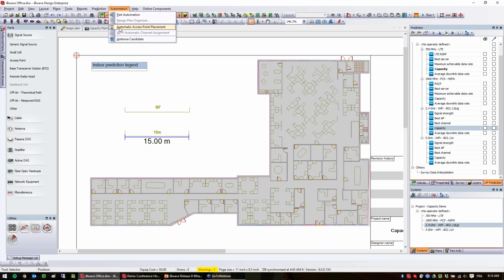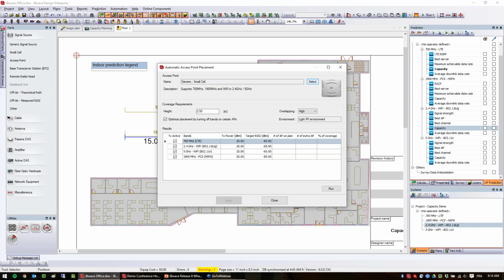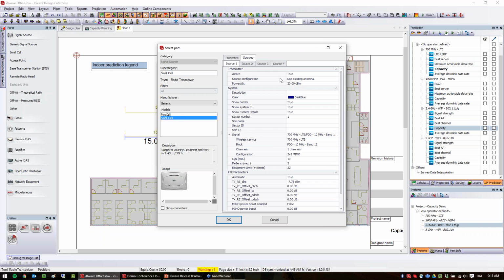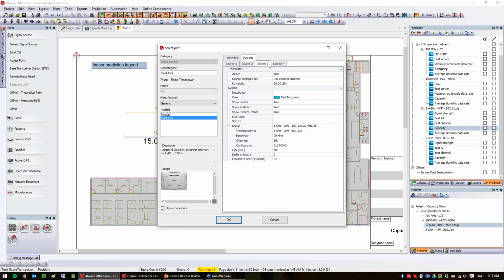So let's use the automatic access point placement. And what I'm going to do, I'm going to simply use a generic small cell that I have in our database. So if you look at it, you have the 4 services that are there: 700, 2.4, 5 gig, and